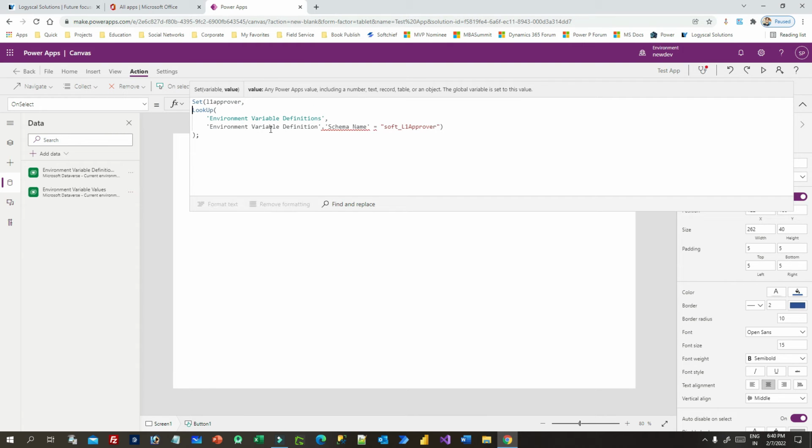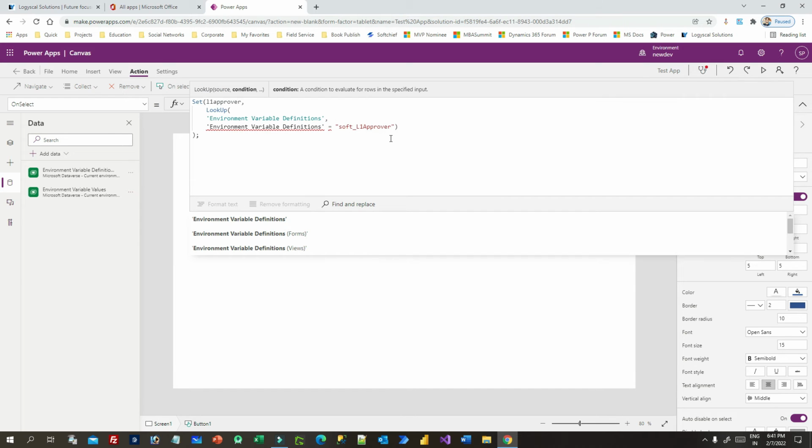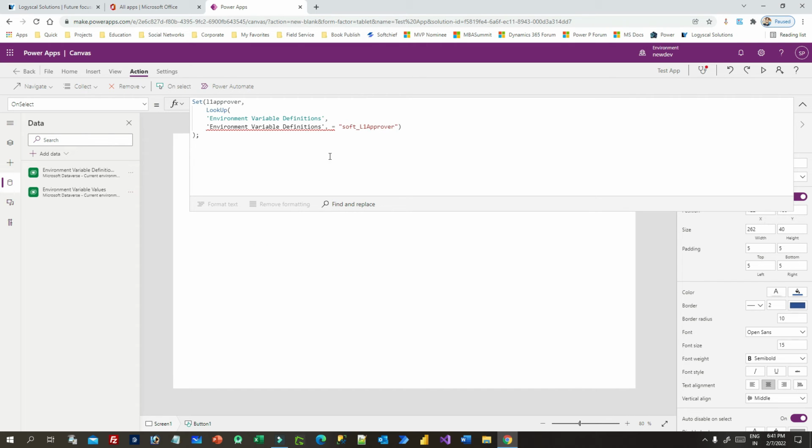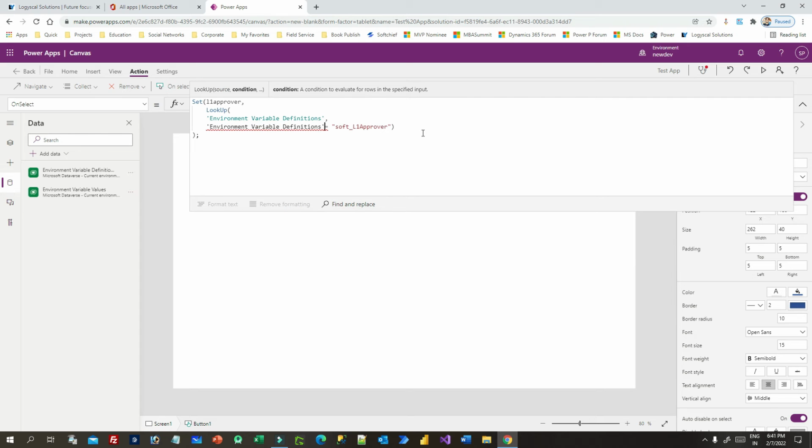I want to look up this table, and the condition is whether the schema name, environment variable definition dot,